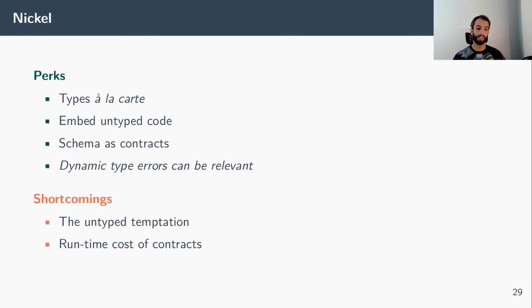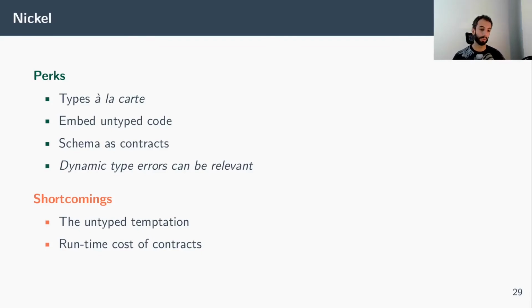With any gradually typed language, you cannot prevent someone from writing totally untyped code. I think that it can be mitigated with the community and the existing library code and documentation, to make very clear and sure that there is a culture of typing anything that is not configuration code, but it's still a pitfall. The second point is that contracts do have a runtime cost, and most of the validation contracts are